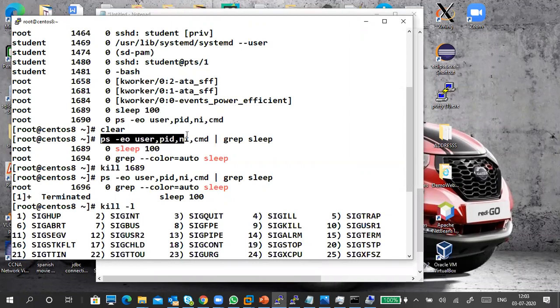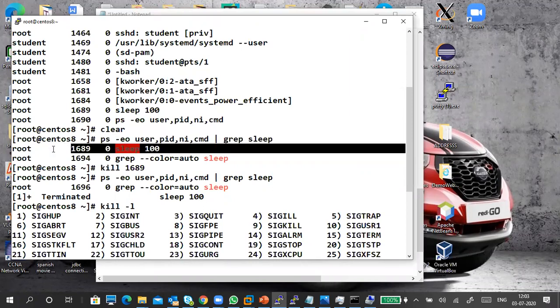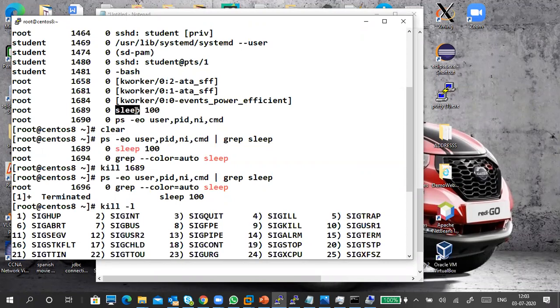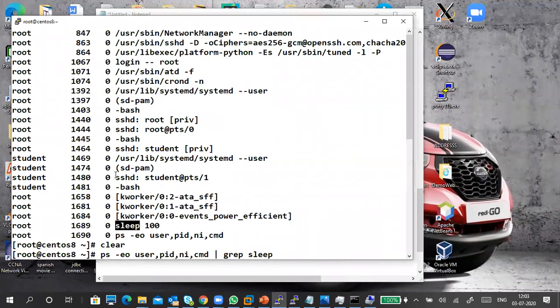So when I use this, I can see a particular process only. Based on the command or a particular line, you can use it. For example, I use SSHD, then I can see only SSHD parts. If I use student, then I can see all student processes, or I can specify a particular student to see the process.